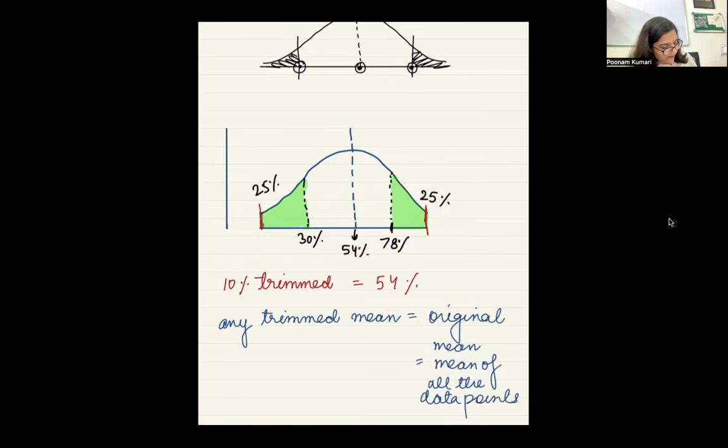Is that okay? Yes. Right? Why? Because it is symmetric. The point of symmetry is not changing. Whether you remove this much, it's still the same. Whether you remove this much, or this much. Whatever percent of trimming you do, it doesn't really matter. Right? That is okay. Are we clear with this? Yes, ma'am. Perfect. All right.